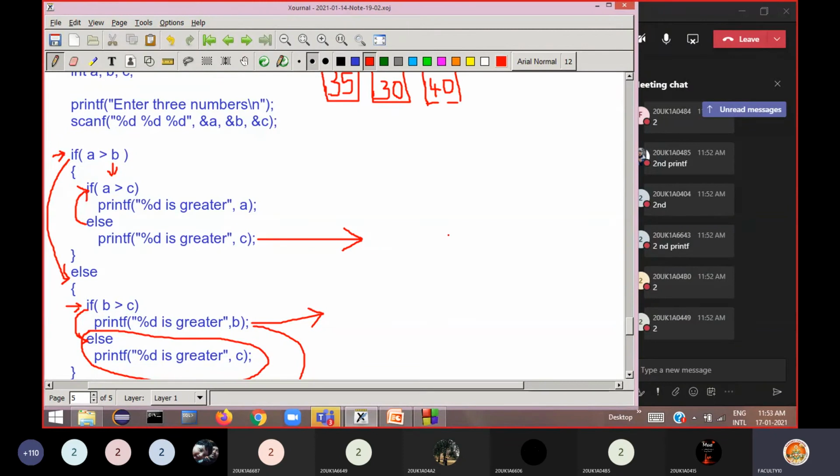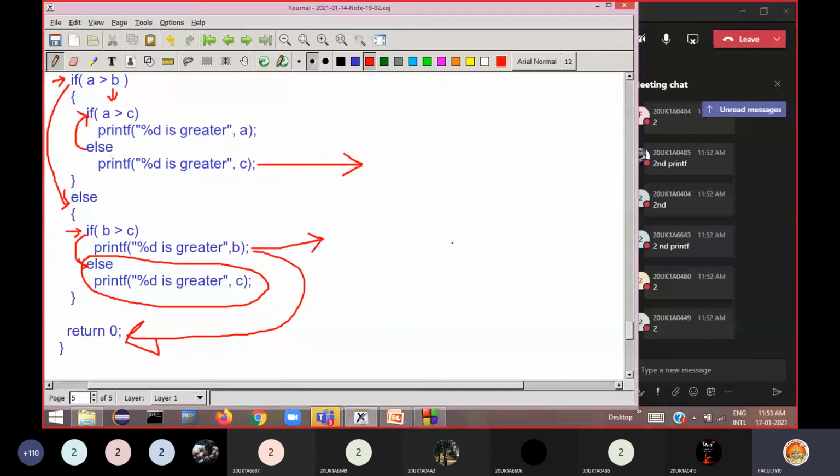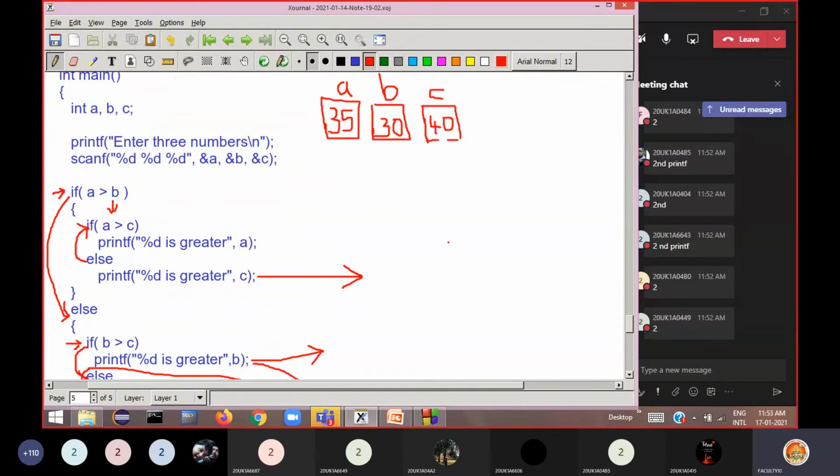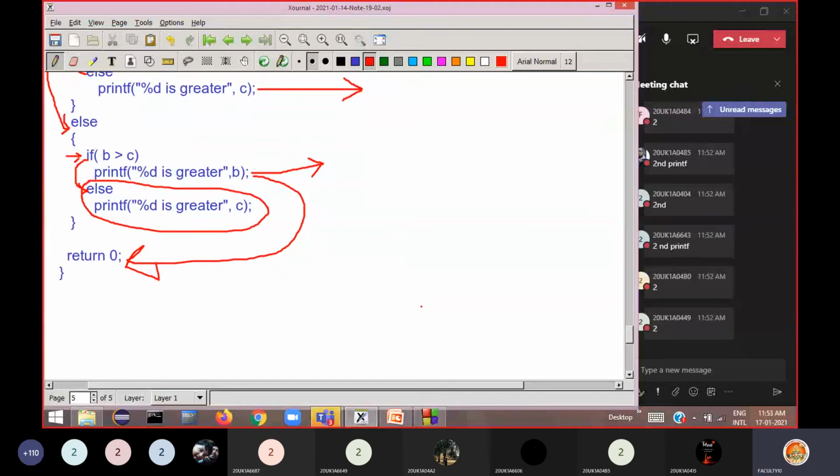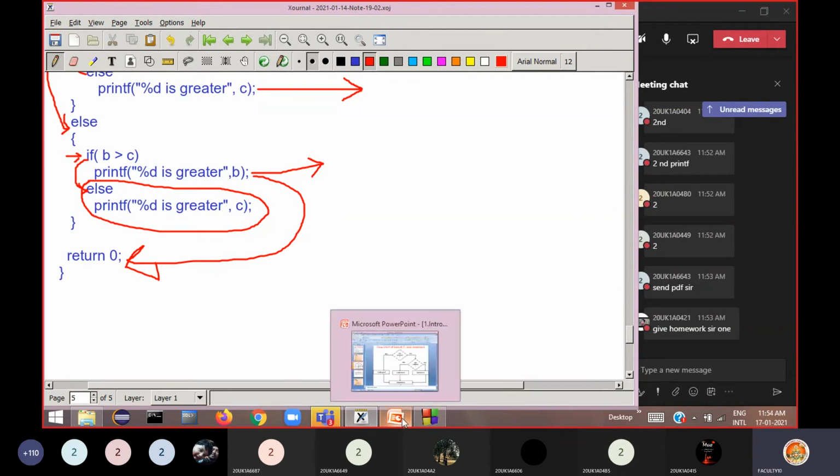Hope the logic is clear, and the flow of execution with different test cases, how your program executes, is also clear. This is how you should understand and proceed. You should test your program with different test cases. Clear? Now take one program: write a program to test whether the given number is even or odd.